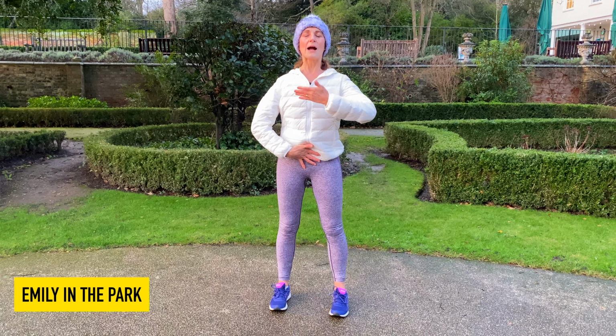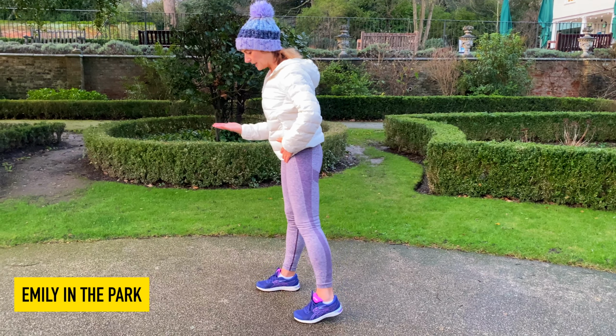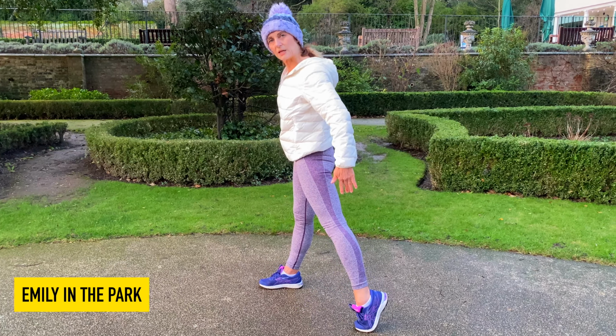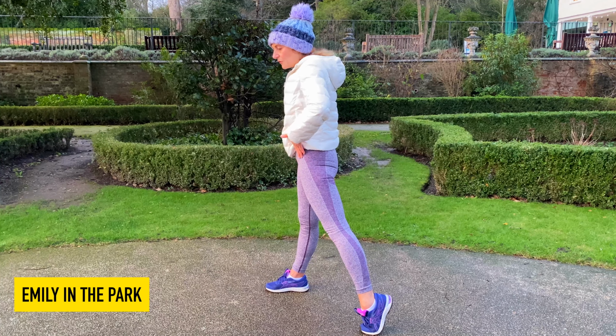On that last out breath, we're going to release those knees and just shake everything down. Well done. Okay, so now we're ready. We're going to stand parallel feet, hip distance apart, taking one leg further back with the heel raised. We're going to work on stretching out through this hip flexor here to really feel the length through the top